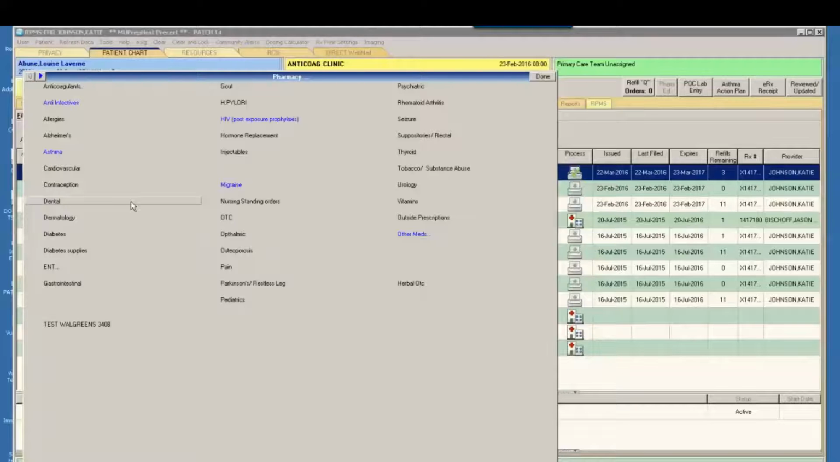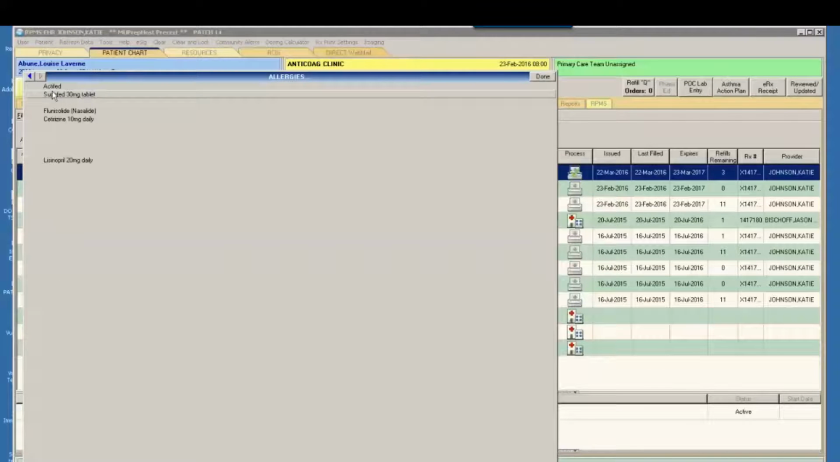Oh, one other thing to mention, what is nifty about a quick order menu and might help particularly specialists, or maybe if you're working in a walk-in clinic, and you have all your cold meds all on one menu or something like that. You can mix and match these things, but